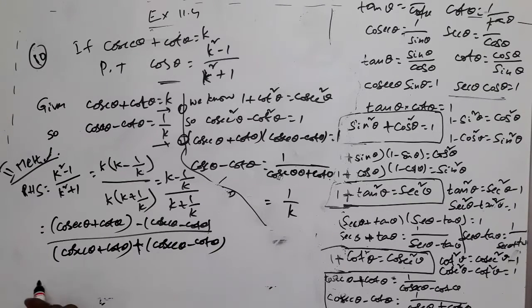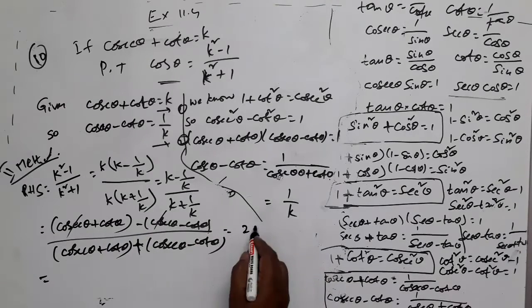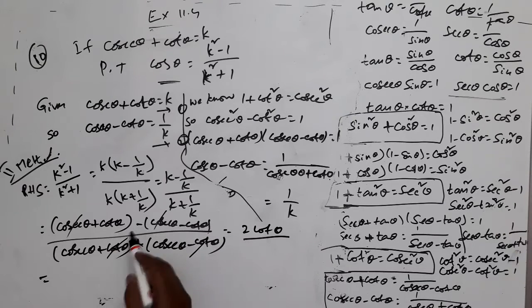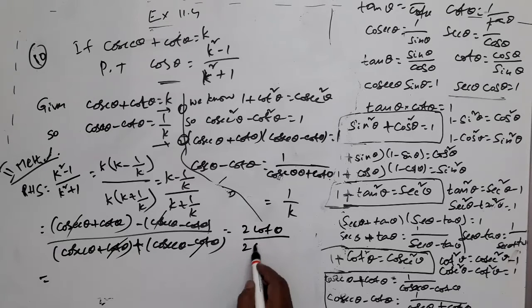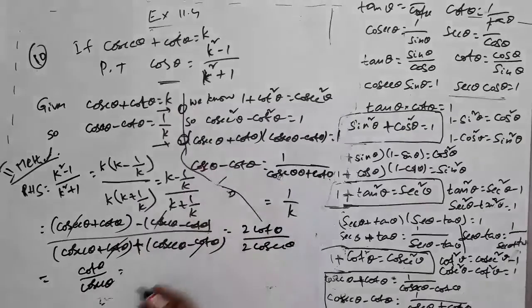Let us simplify further. Yes. Minus cosecant theta plus cosecant theta cancel. They get cancelled, right? Minus of minus plus cot theta plus cot theta, that is 2 times cot theta. By here minus cot theta plus cot theta, they get cancelled. What is remaining? Cosecant theta. That is 2 times cosecant theta. 2 gets cancelled. Cot theta by cosecant theta. You want cos theta? Yes, of course you are getting.